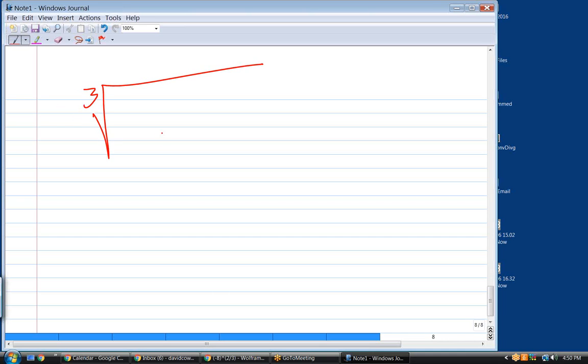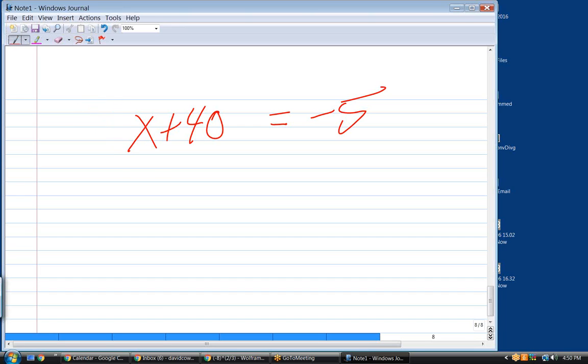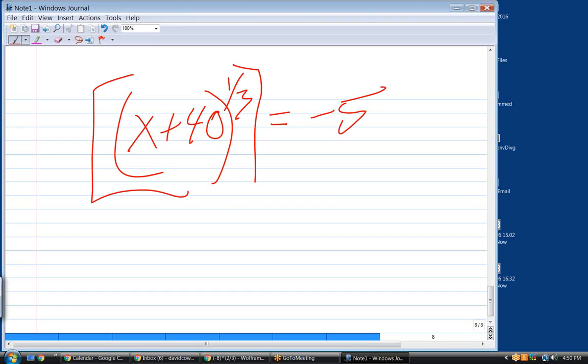The third root of x plus 40 equals -5. And you can leave it with a radical sign, or you can do it this way. It's a little easier if you use fractional exponents to see how to handle it. So what am I going to do here? Exponentiate with 3. Cube both sides. In other words, we're going to cube this side, and we're going to cube this side.